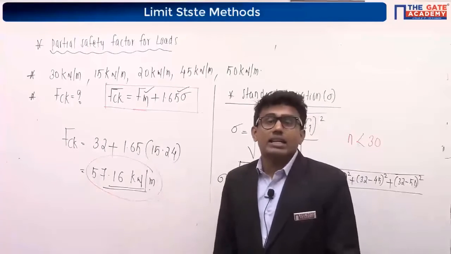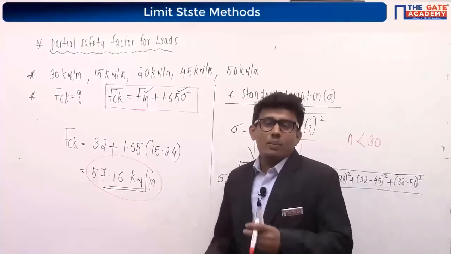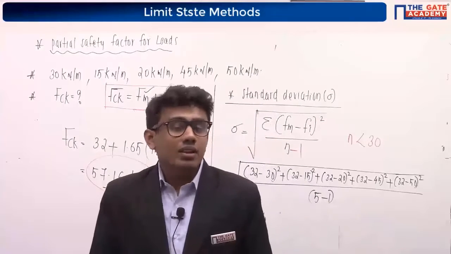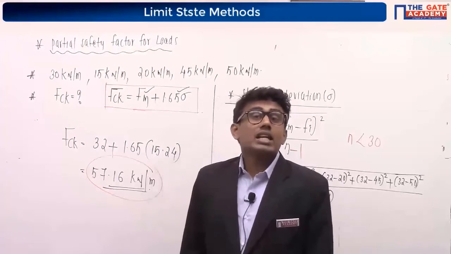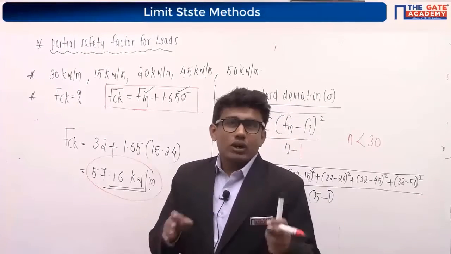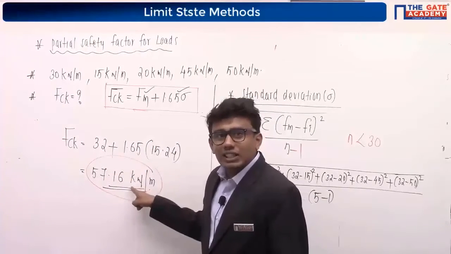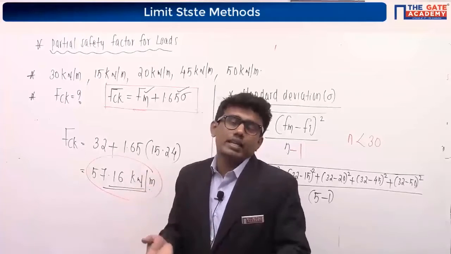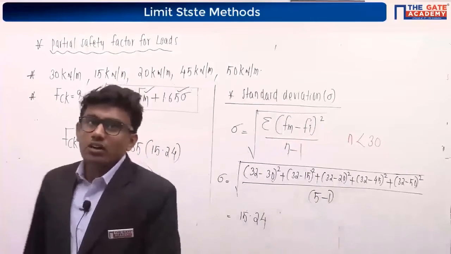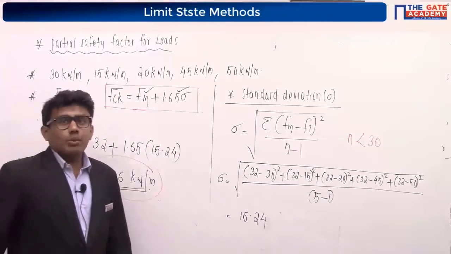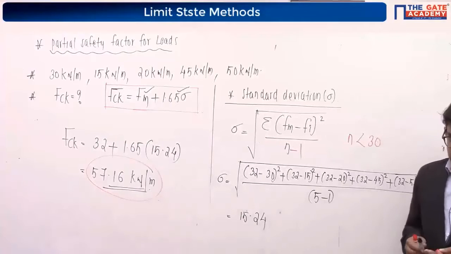If he's asking you to find the design load, how to find it? Here we are given the live load. What is the partial safety factor to be considered for live load as per limit state of collapse? It is 1.5. Correct? For live load it is 1.5. To calculate the design load, take the characteristic load and multiply it with 1.5, and you will get the design load. Yes, everyone is saying it's correct. Okay, please note it down. Those who didn't get the answer, please note it down. 57.16 will be the characteristic load, and 85.74 will be the design load.